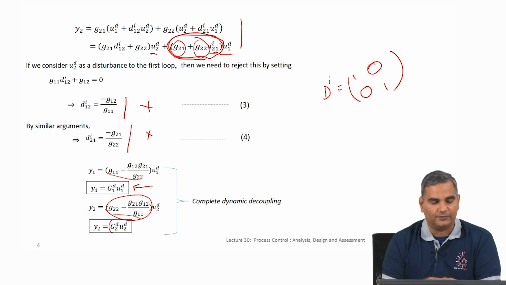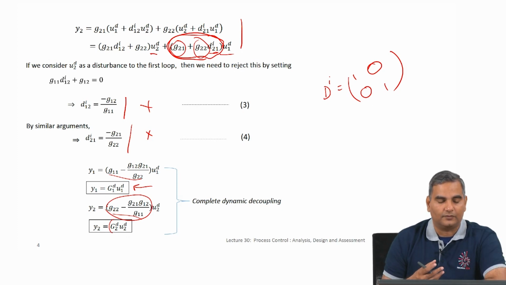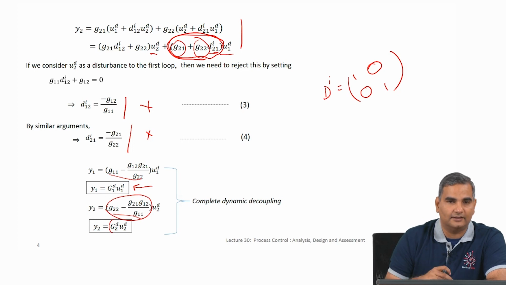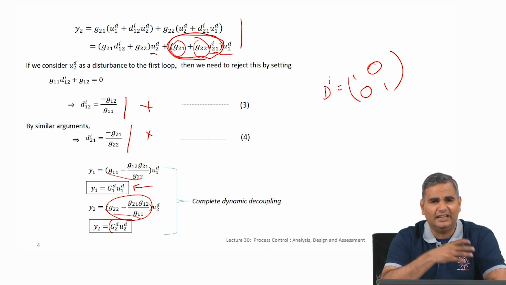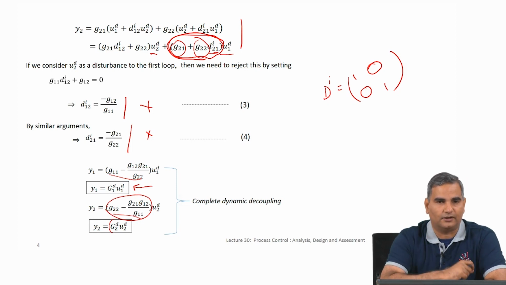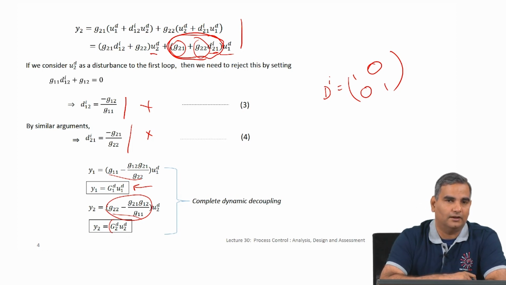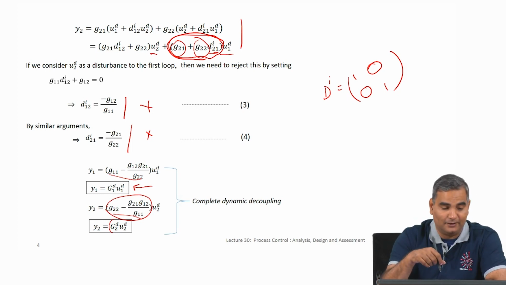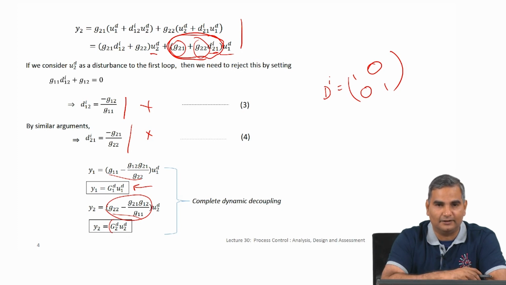So, in the next lecture I will continue on these ideas, and till now we have always said a particular input will be used to control a particular output whenever we talked about SISO, and even when we came to cascade control we still had a particular input that is used to control a particular output. Even in feed forward control we had a particular input which will be used to control a particular output, and surprisingly even in this multivariable case we had a notion of what input is going to control what output. That is how we set the other decoupled input to 0.